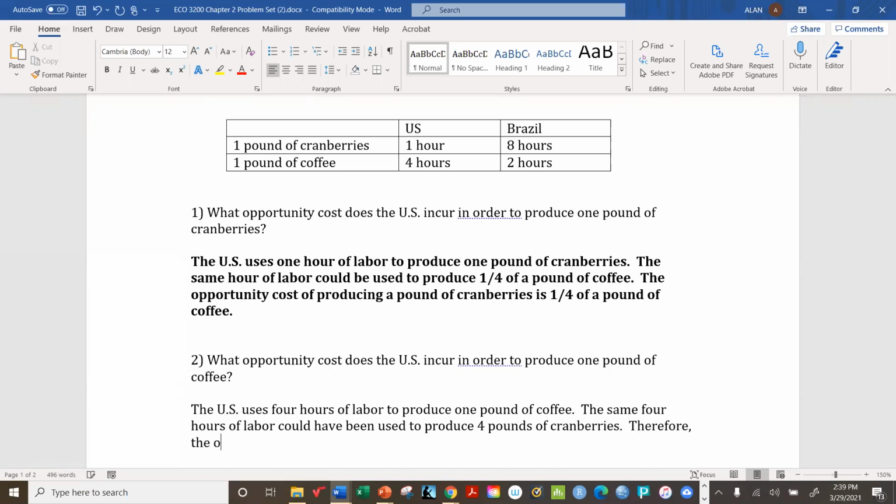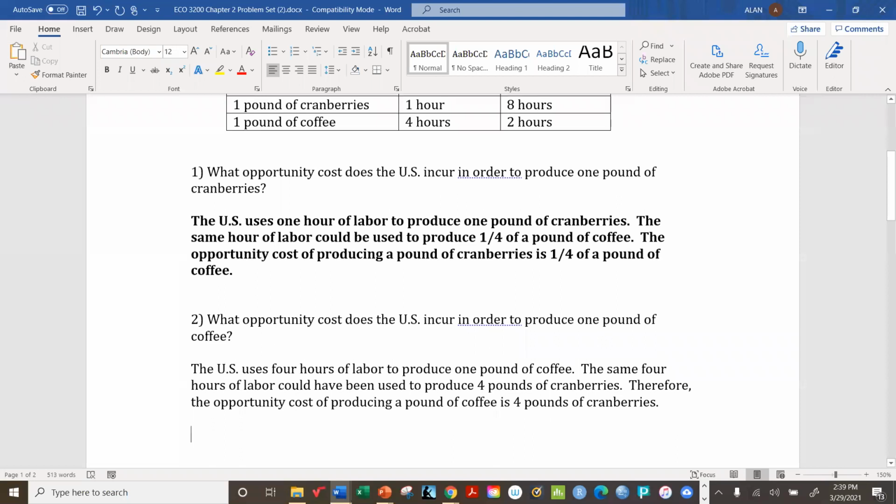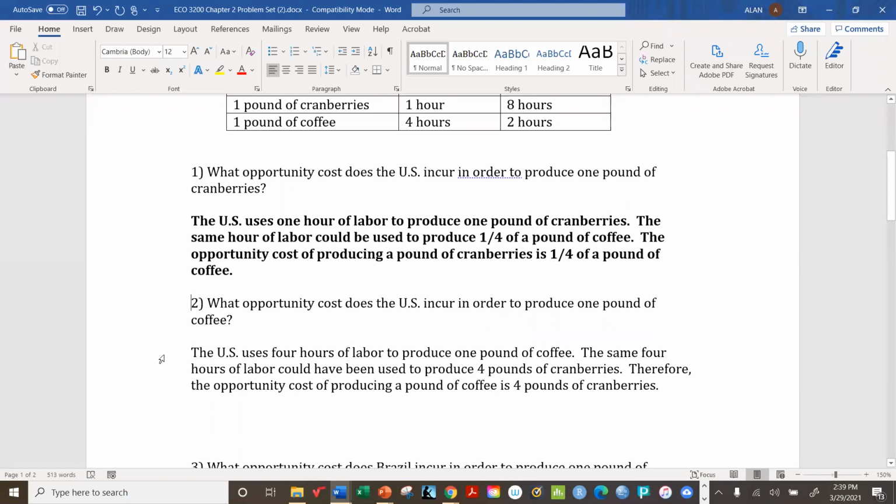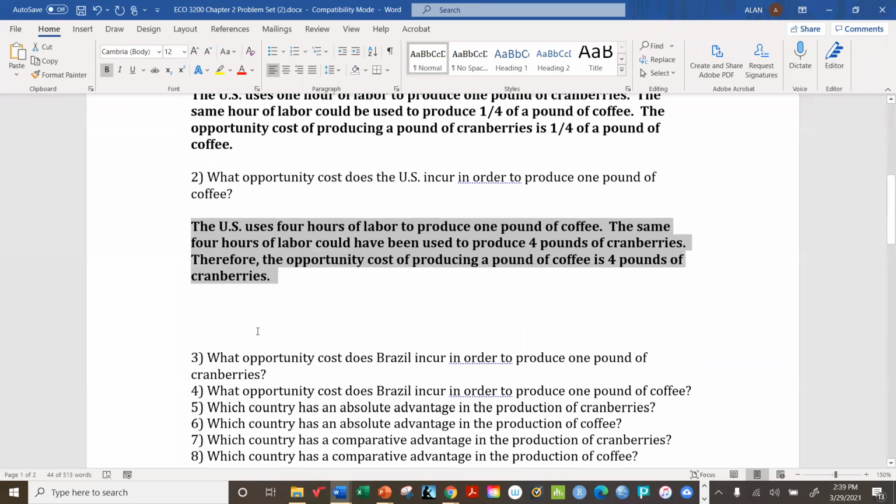Therefore, the opportunity cost of producing a pound of coffee is 4 pounds of cranberries. So it's a very steep opportunity cost. And you can see already where this is headed. Clearly, it doesn't really make sense for the US to try to grow coffee because the opportunity cost is so high. Now, when we look at the perspective of Brazil, though,